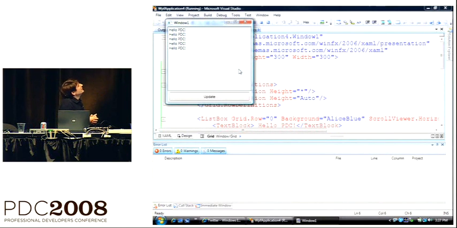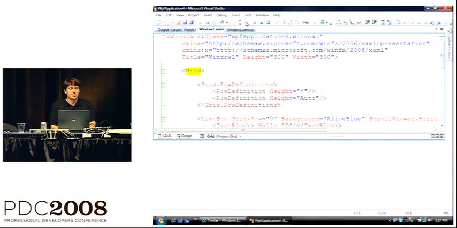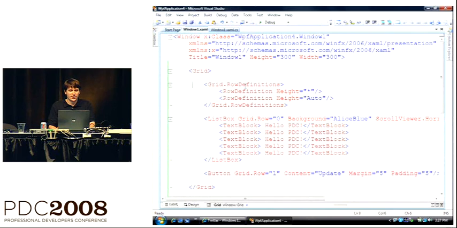It's going to be a window. There's going to be a list box with some text in it. I put in some placeholder text saying hello PDC, and a big update button at the bottom. So this is our basic UI. Pretty standard XAML stuff with a grid. I'm actually going to make it auto size, so let me just remove that. And let's change this to